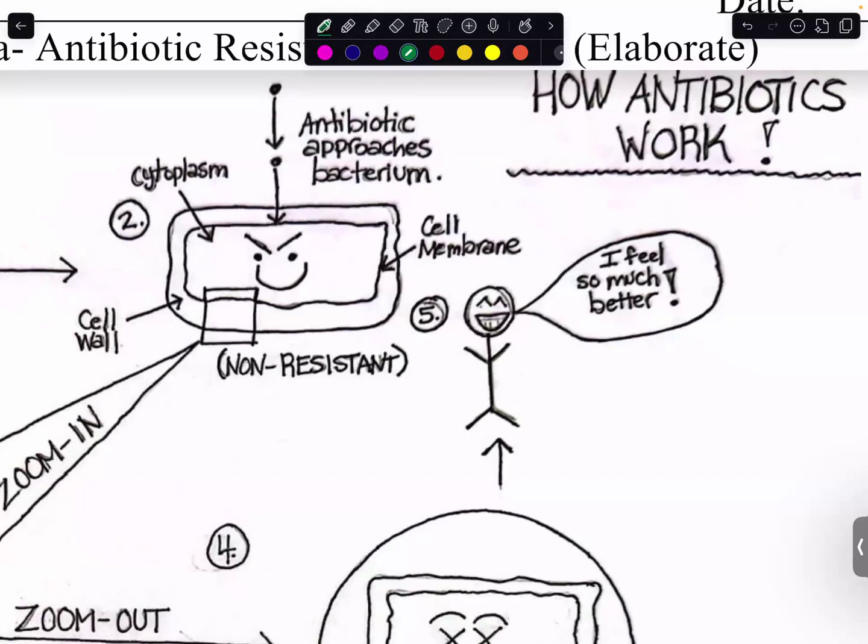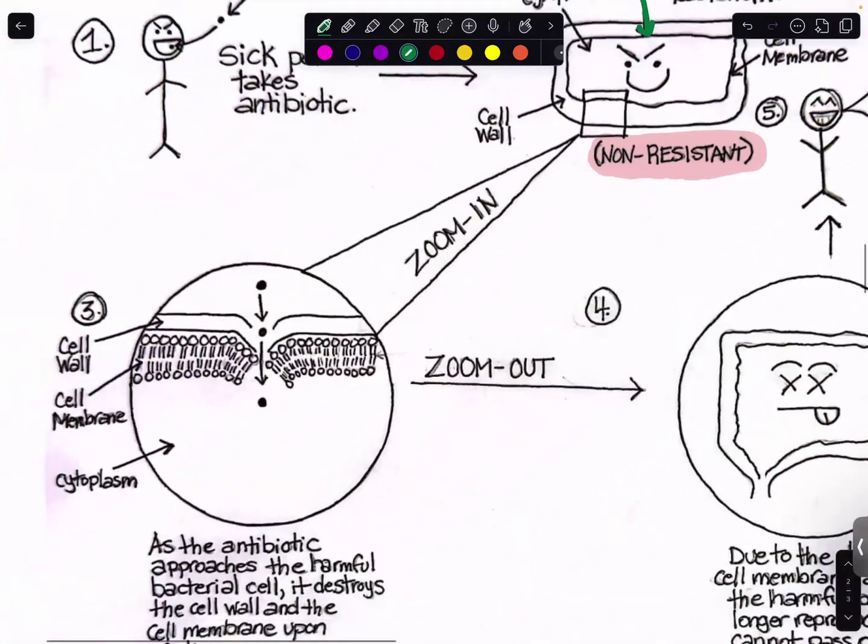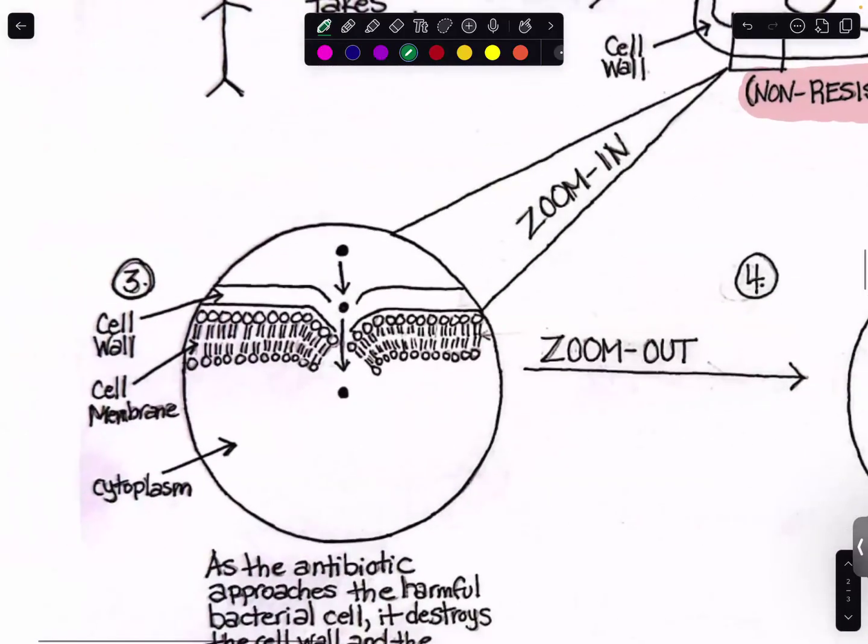If we zoom in, the antibiotic that was swallowed goes towards the bacteria, and the bacteria has its cell membrane, it has a cell wall. It looks a lot like a plant cell, if you will. But this one is non-resistant, right? And if it's non-resistant, that means it's on its way to dying as a result of this antibiotic, right? If we zoom in on a portion of what's actually going on,